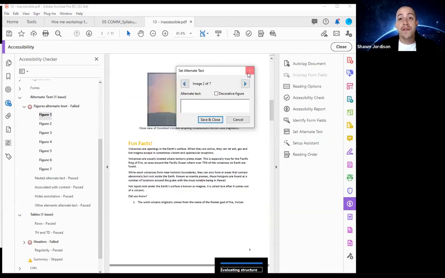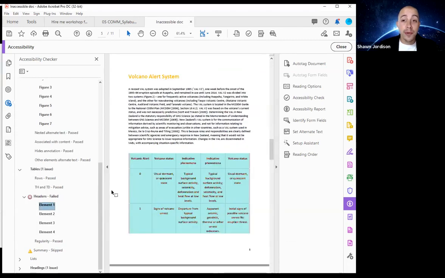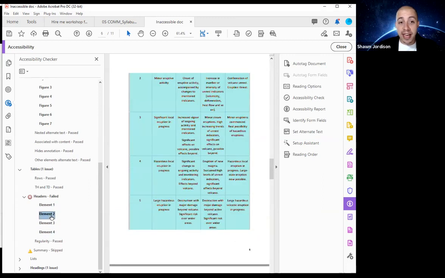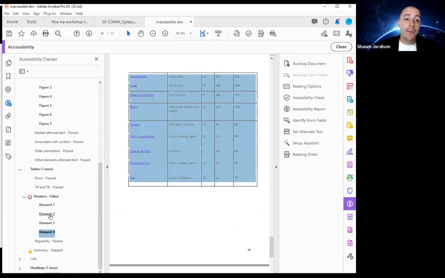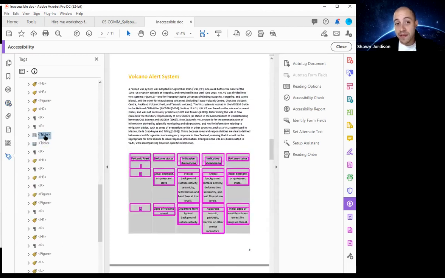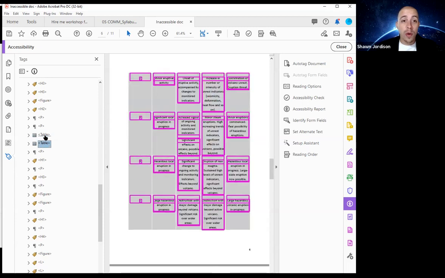And I'd like for you to fix the alt text on those. Finally, we have a table that doesn't have headers. This is a little tricky to fix in our short amount of time. But essentially, our tables do not have header tags. In fact, we have 2 table tags here. We would need to put all of these rows